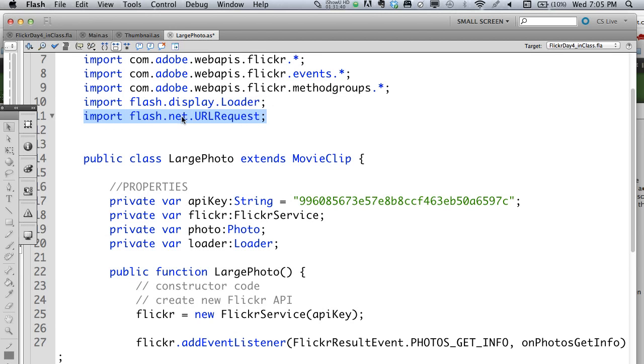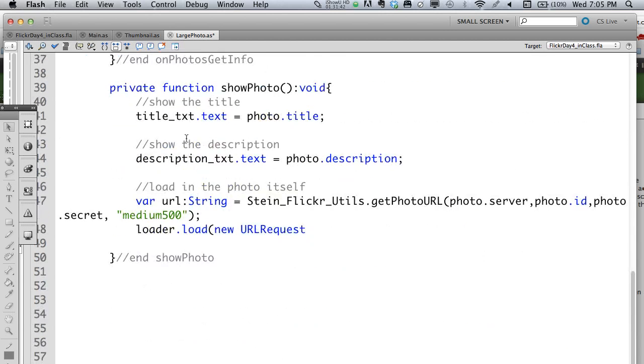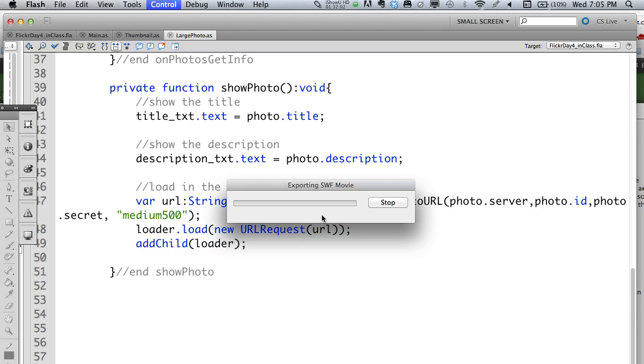It's flash.net.URLRequest. And then our URL variable is what we use there. And make sure you add the two closing ones, close the URLRequest and close the load method. All right, and then I'm going to do addChild(loader). And we should finally get, hopefully,